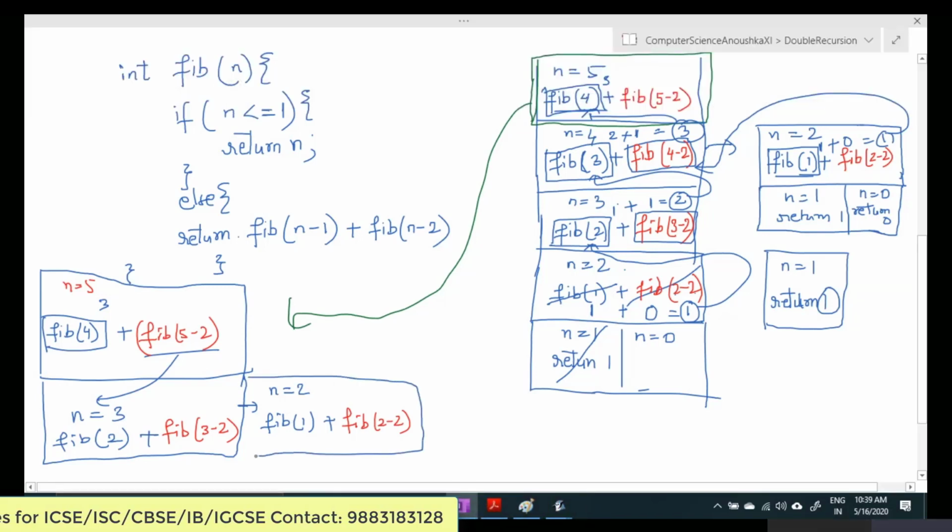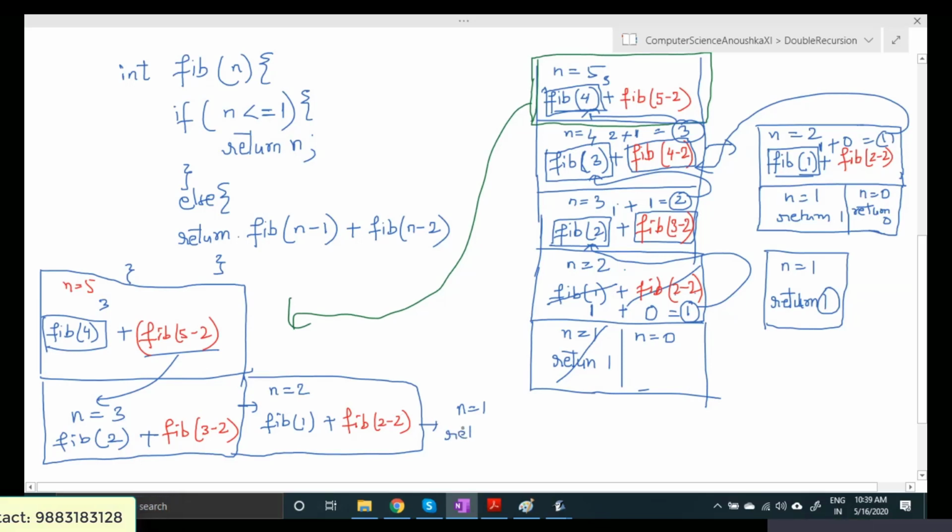So again we have a call. Here we can see that this is n equal to 1. So 1 is less than or equal to 1, so it is true and it will return 1. This 1 will be returned to this point. Got it? So here we have 1